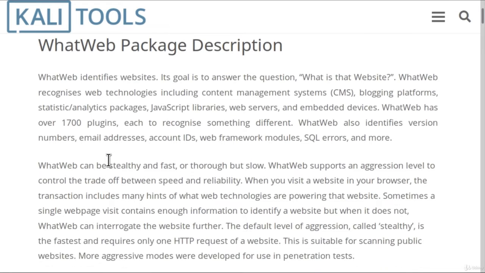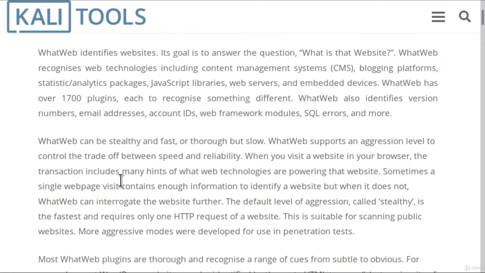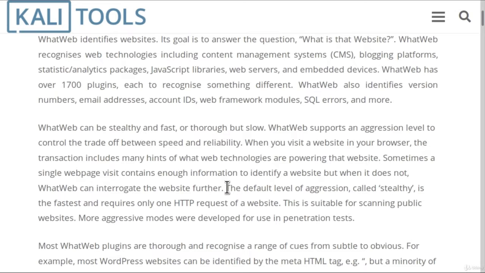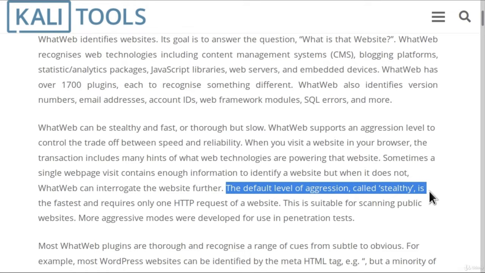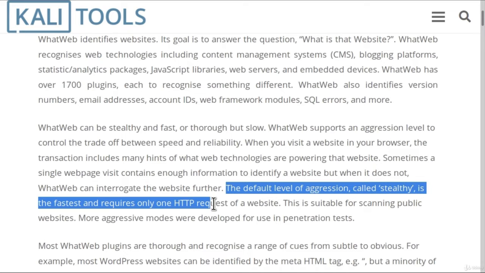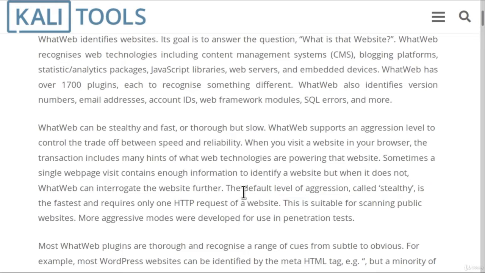What is important for us is this second paragraph, since down here it tells us that the default level of aggression, called Stealthy, is the fastest and requires only one HTTP request of a website. What this simply means is that the WhatWeb tool has different levels for scanning. And the default level is the level of aggression called Stealthy, which we can use on any website